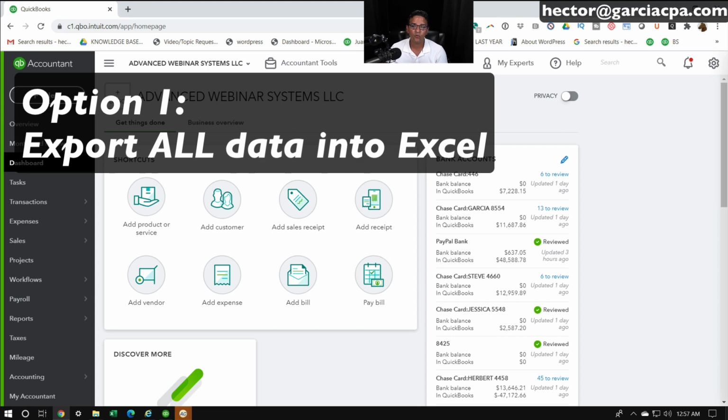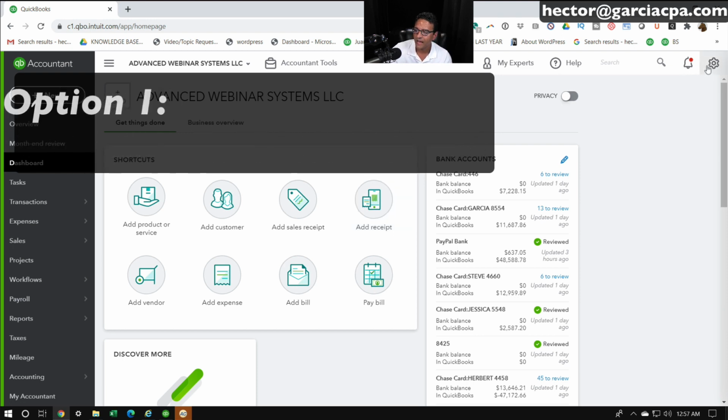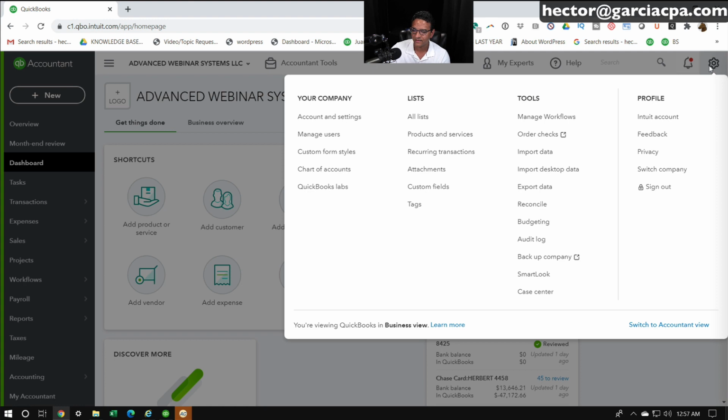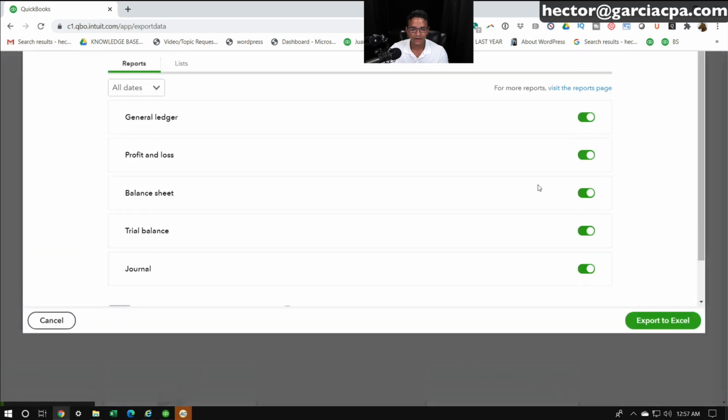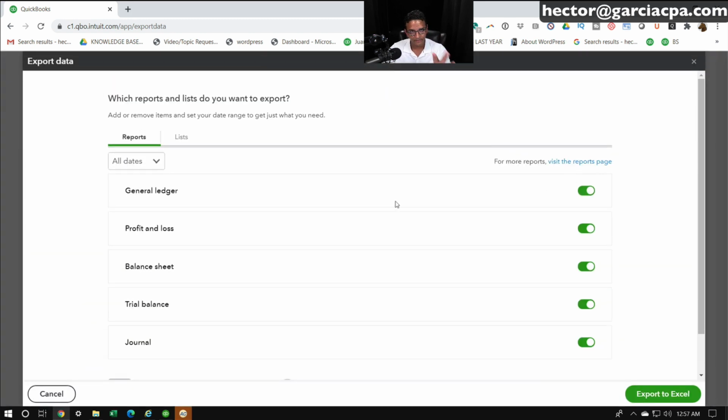So let's do option 1, which is just doing a data dump into Excel from QuickBooks Online. We've got QuickBooks Online open right now. I'm going to click on the gear menu on the top right of the screen, and then I'm going to go down to where it says export data. I'm going to click on export data, and the screen will pop up, and you'll have 2 tabs,